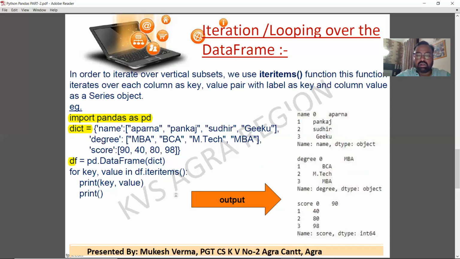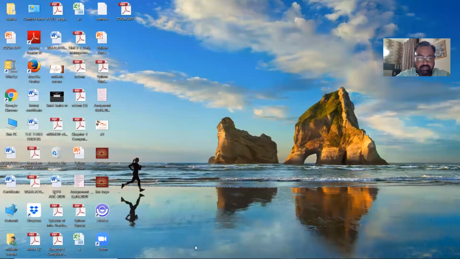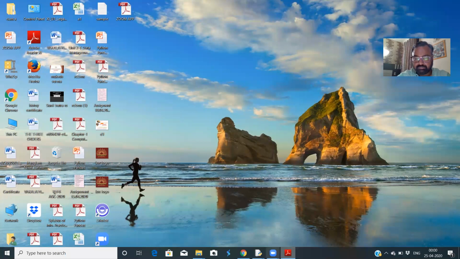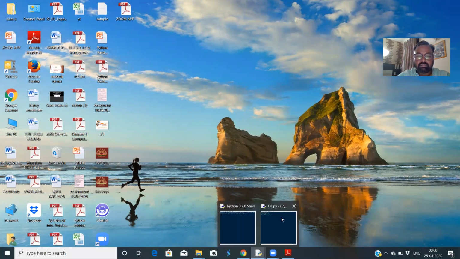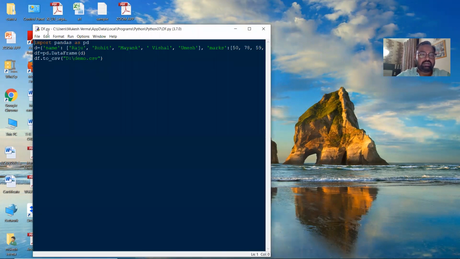Now I can show you a live example here. I have this pandas df.py file, and in this file I have written some statements.